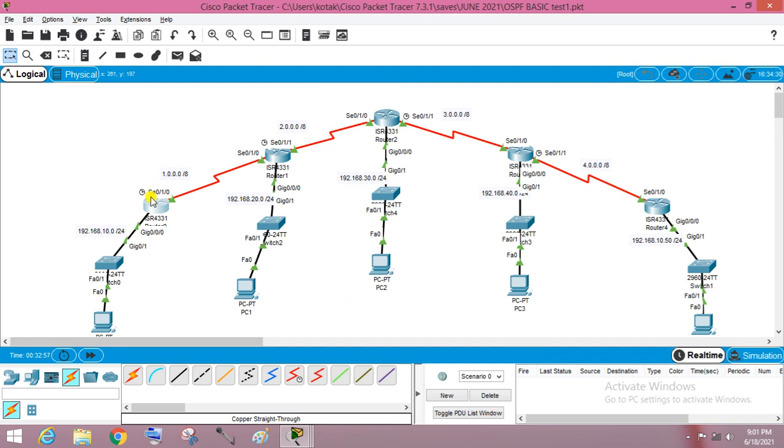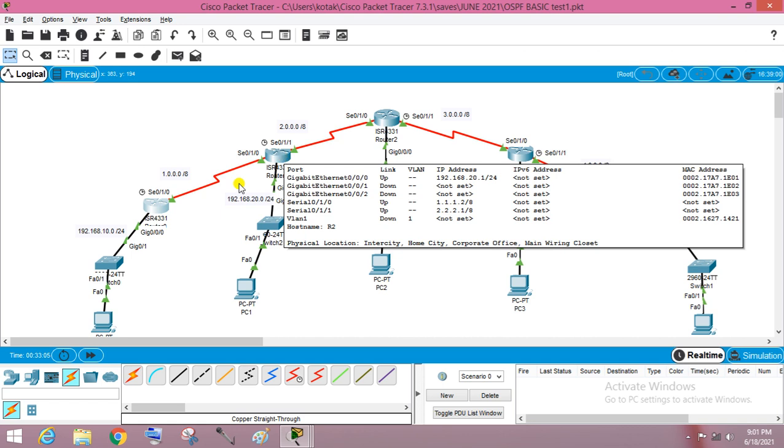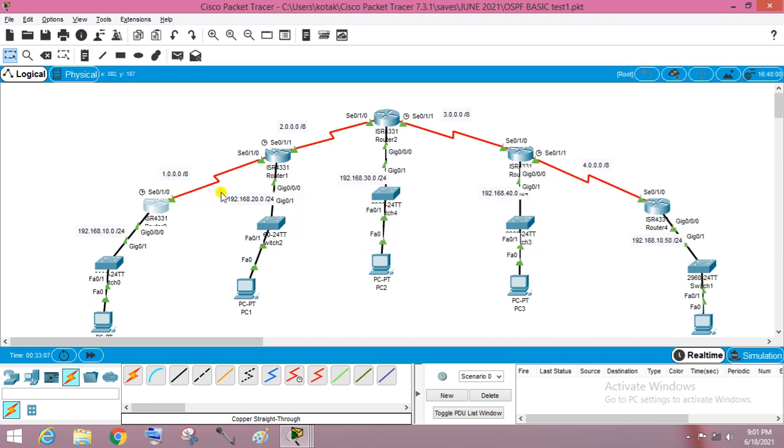But in the real scenario, this red line just represents a WAN connection, which means there are many cities, and the distance may be longer. So in that case, what basic thing do we have to configure on each router? I am just sharing my thoughts here.